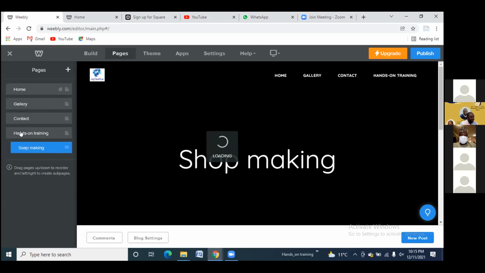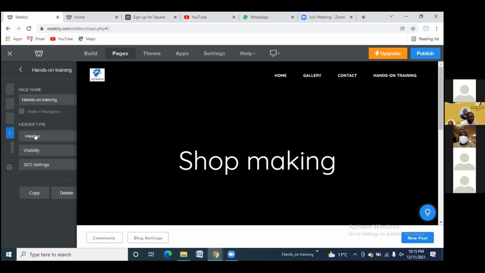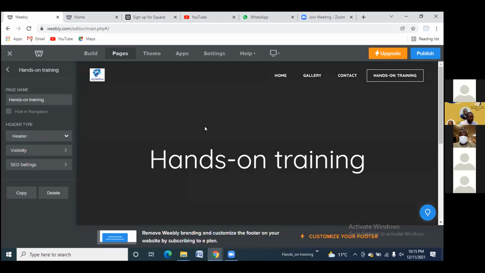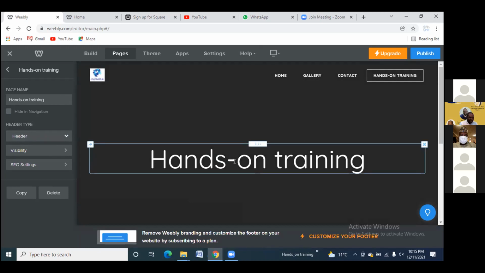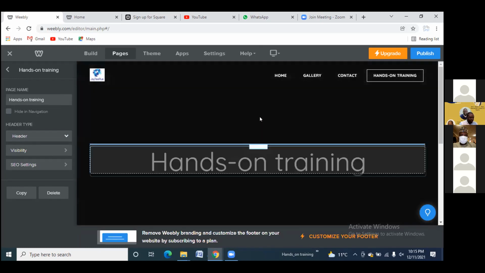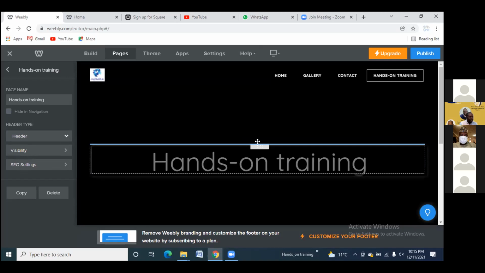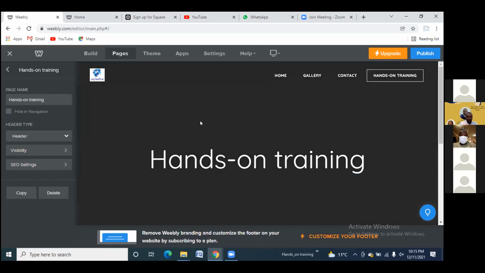So you can see hands-on training. If you go to hands-on training, under it you can see soap making. So understand that this is the main page. This is like a template. This is the heading. You can drag it up and down anywhere you want it. And then if you want to create the page,